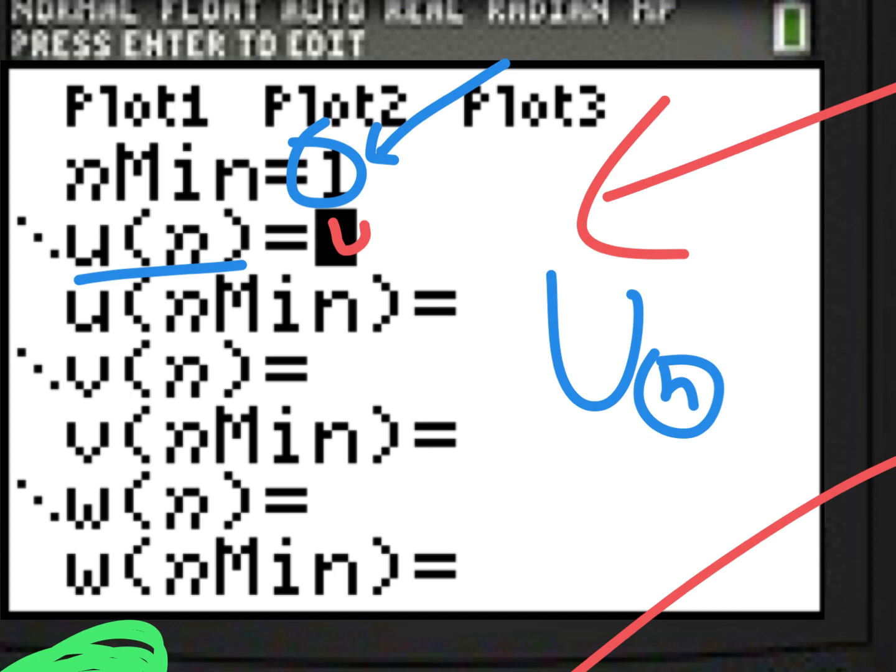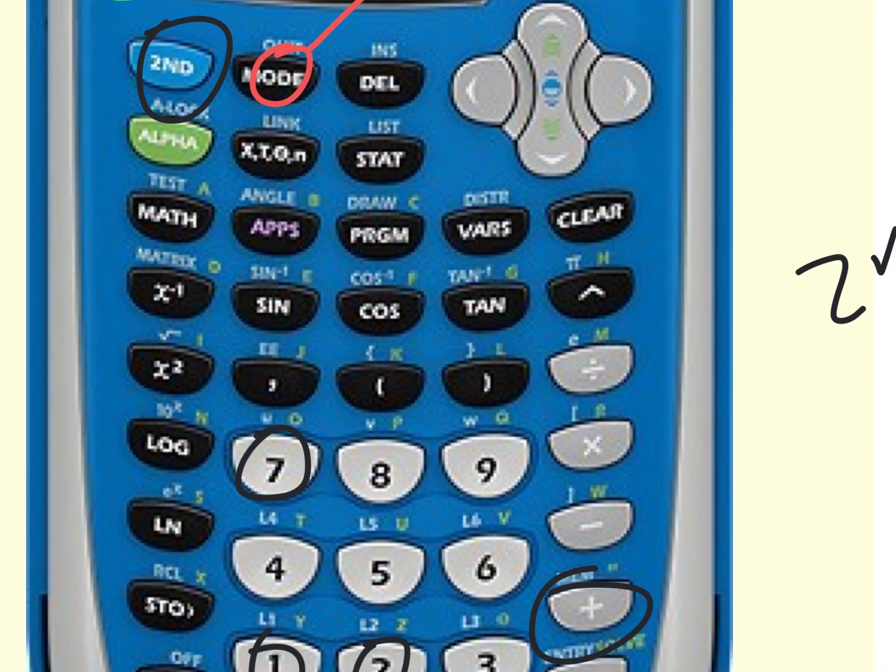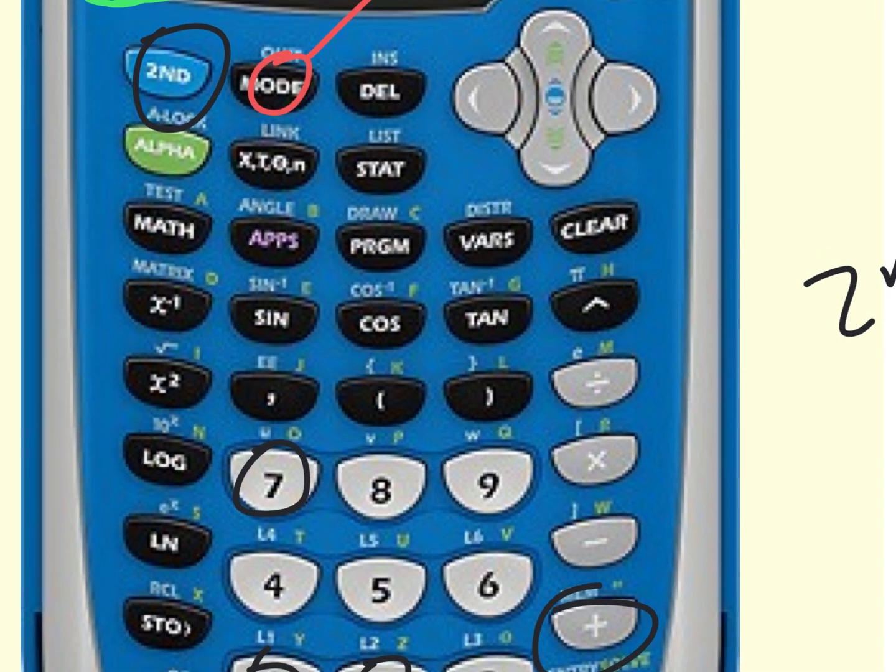How do we tell it? Sub parentheses. U sub. Where's the u? Okay, that's a good question. Where's the u? Let's go back out on this screen. Where is the u? All right, so when you're in sequence mode,